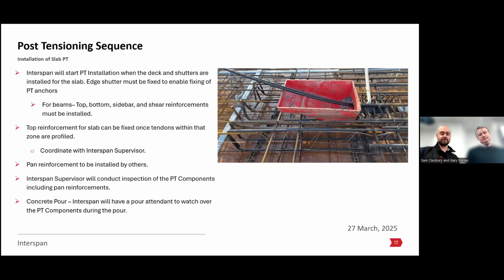So that gives you a little bit of an overview, but if we actually think about how it's installed, it'll probably help everyone to visualize what's going on a little bit better. So we will come in when the deck and the edge shutters have been installed. Once the edge shutter's on, we can fix those anchors along the perimeter of the slab and start pushing the strand through. Slightly different sequence of beams, so we want the